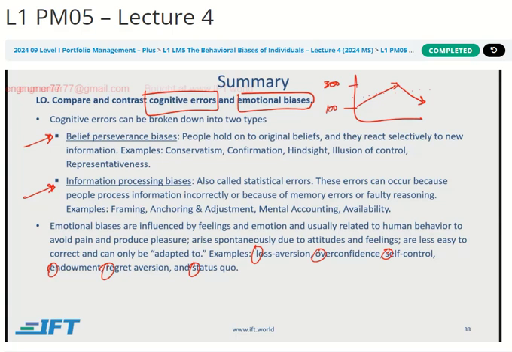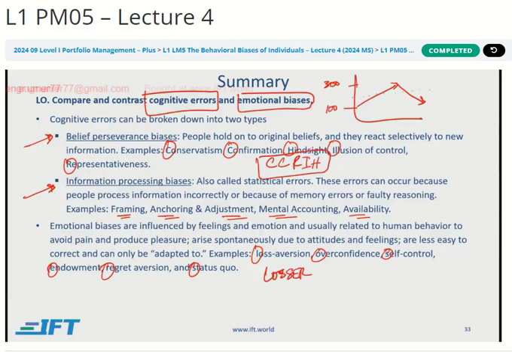S-E-R, right? And by the way, for your belief preservation, you could do CC-RE. So, if that works for you, CC-RE. And these acronyms are a very good way of trying to remember the names of these biases, and for that matter, any other things that you'd need to memorize. Whatever acronym works for you. So if CC-RE works for you, that's fine. If you want to play around with the words and make something that's easier for you to remember, that's okay.